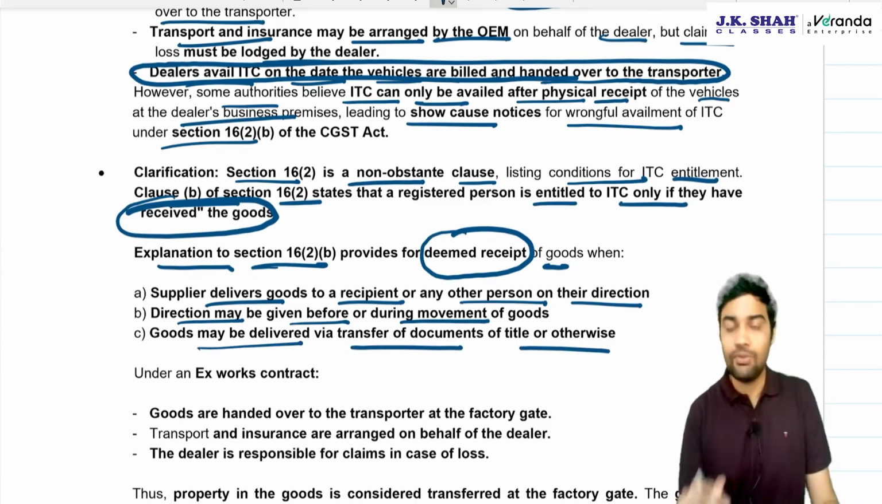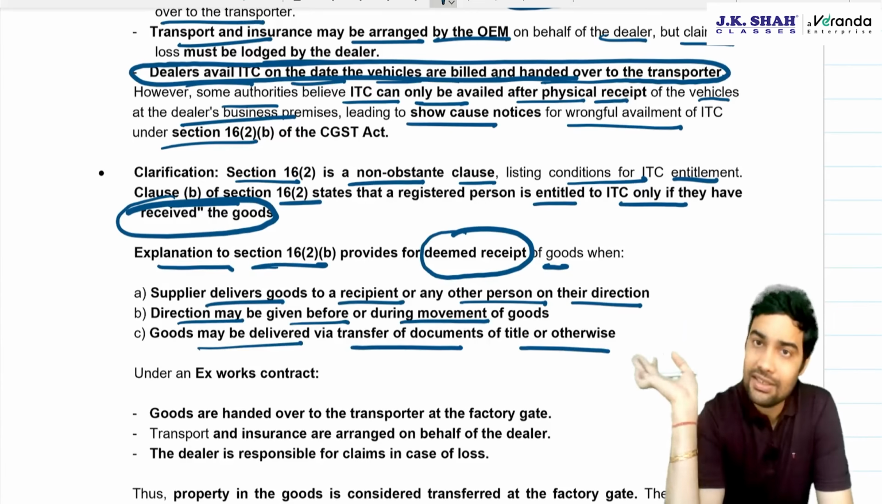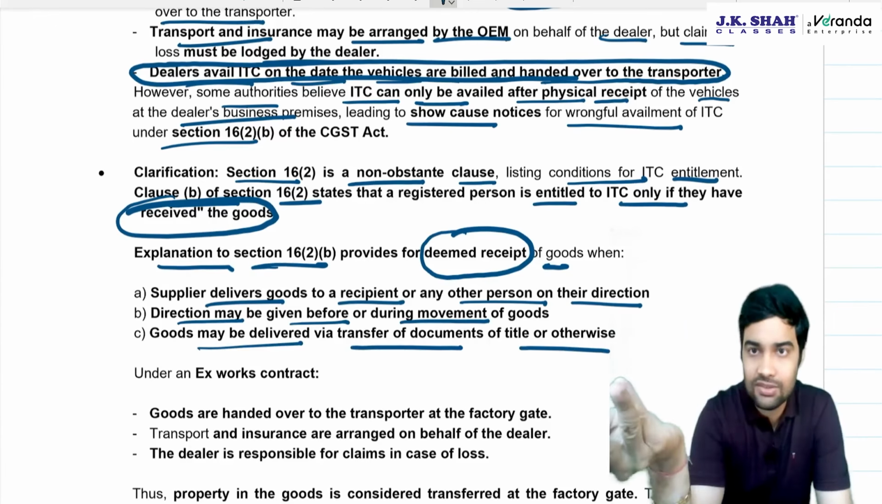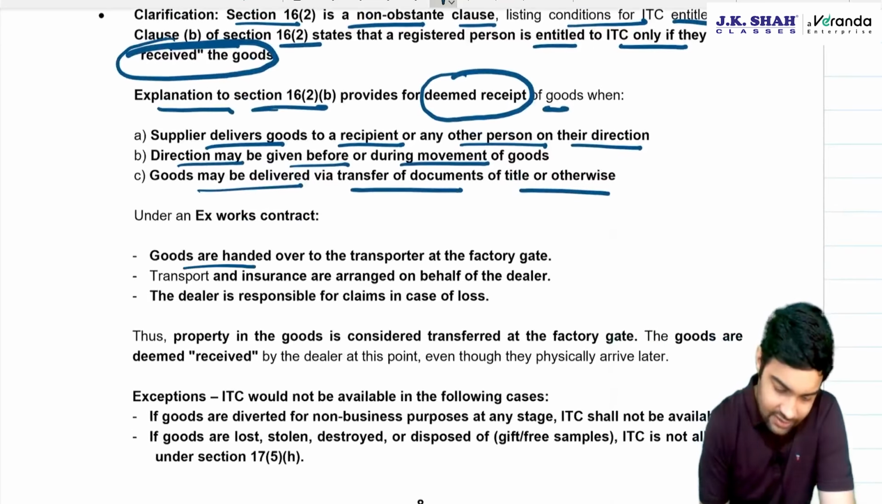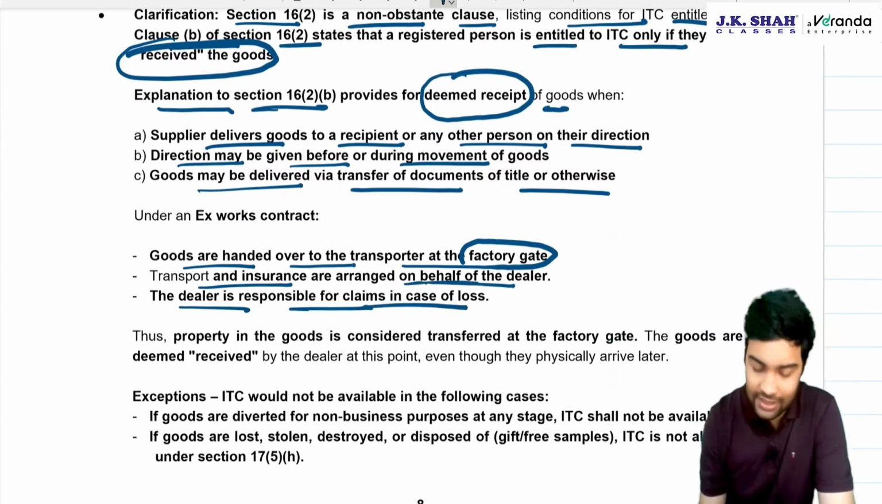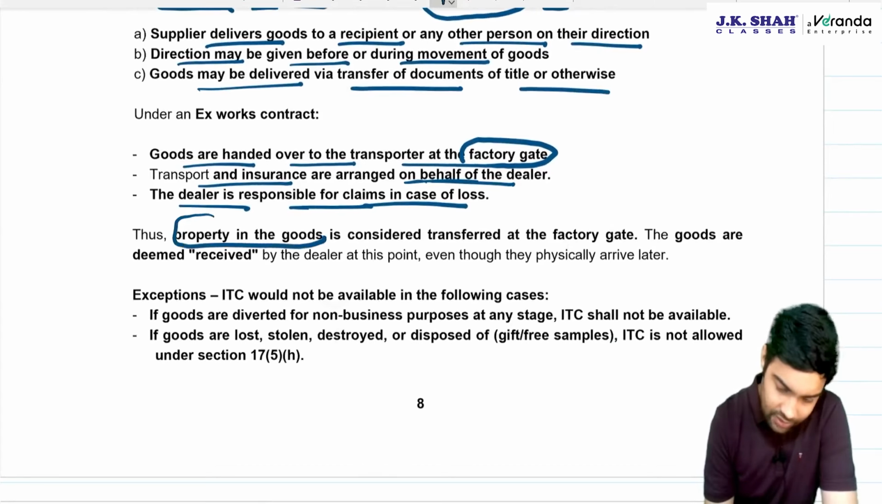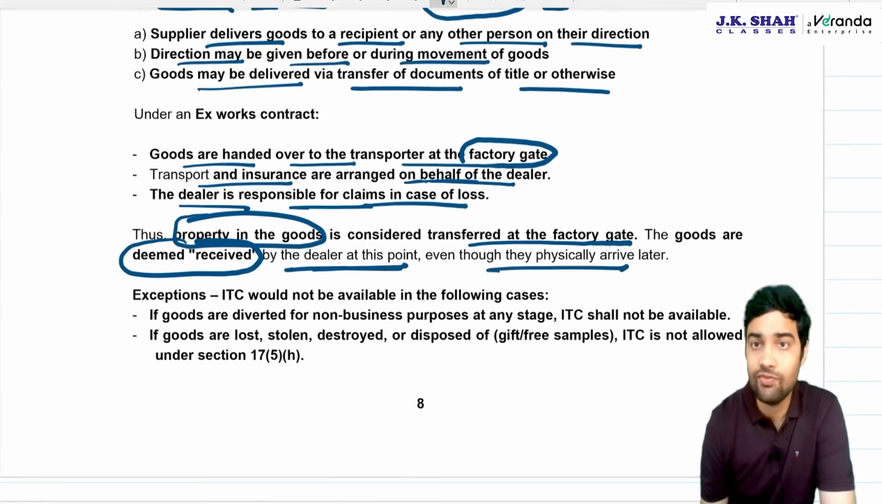Bill to ship to transaction. Bill to ship to, when can you say the goods are received? When the person to whom it was shipped has received the goods. So, in this case, under the works contract, goods are handed over to the transporter at the factory gate. Transportation and insurance are arranged on behalf of the dealer. Dealer is responsible to file the claims. Thus, property in goods transfers at the factory gates. Goods are deemed to be received by the dealer at this point,